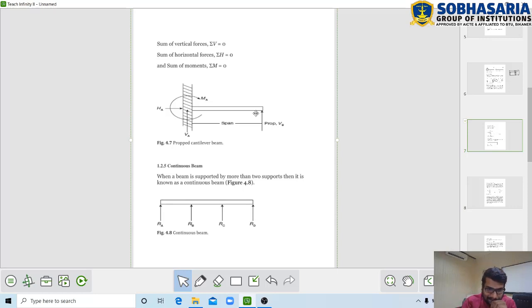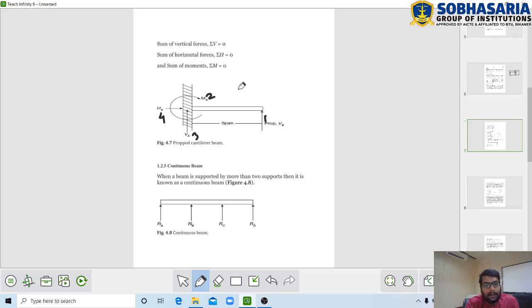What do you mean by that? When the number of unknowns, like here you can see there is one reaction here. So, this is 1, the movement is second, the vertical is third and the horizontal is fourth. If we do not know any values of these forces and moments, how many are there? 1, 2, 3, 4. So, here there are 4 unknowns and the equilibrium conditions are 3.